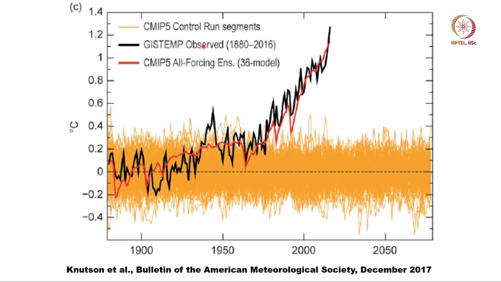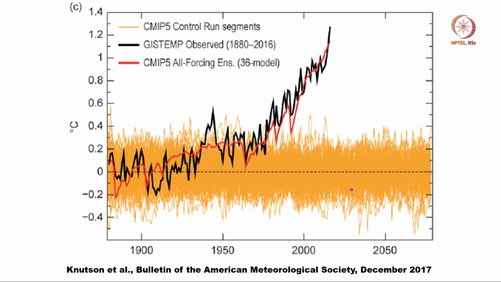Now, what you see very nicely is that when you run the model with an increase in CO2, it shows correctly the large warming that has occurred in the last 70 years. Don't look at year to year, look at the trend. It does very well. And the model also shows that if CO2 had not increased, if we did not have an industrial revolution, then temperature would not have changed at all. It would have remained around plus or minus 0.2 degrees of the temperature in 1890.